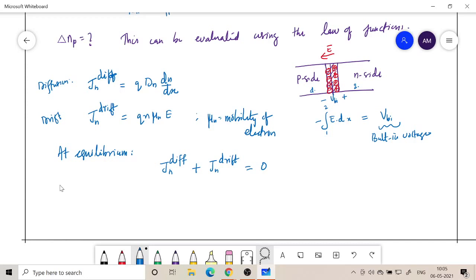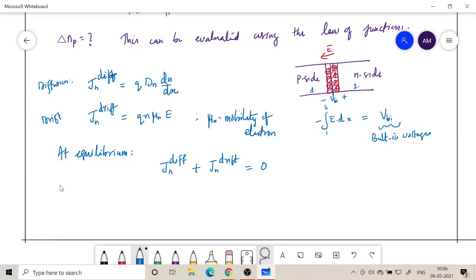I am not applying any external potential or anything like that here. This is just the joining of two materials, one n type and the other p type. There is going to be a resultant built-in potential, and we are going to calculate how much it is going to be. So we took one component of current, added the other component of the current, and at equilibrium it has to be 0. From this condition we can find the expression.